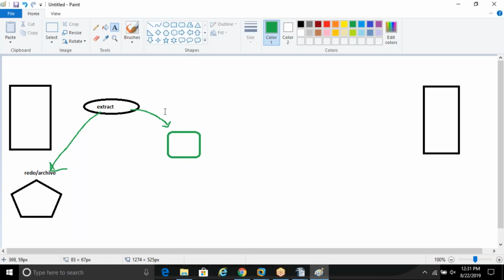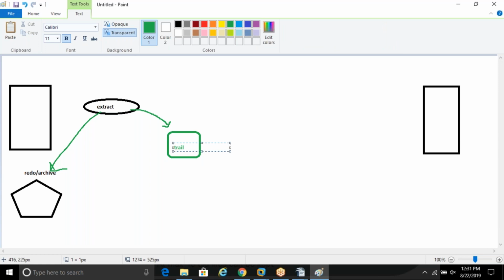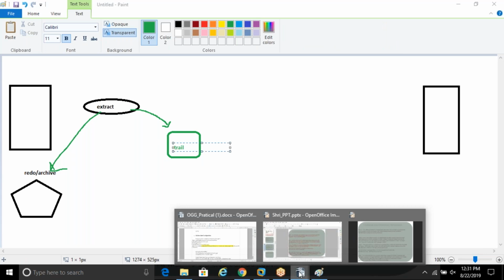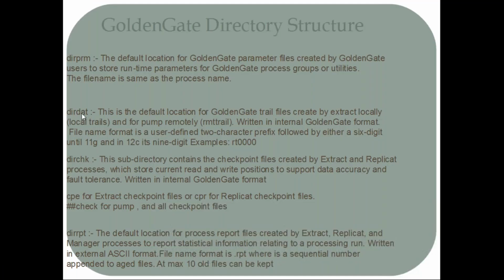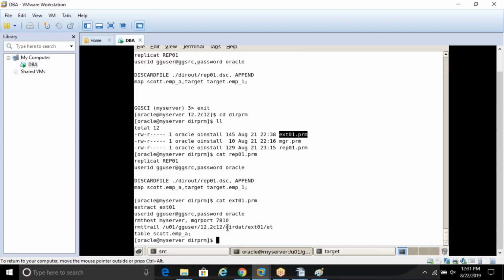So locally it will try to write. So what is the location of that trail file? Normally it is under the dirdat folder. Like yesterday, even if you see here, it is under dirdat. Then you can create your own folders according to your understanding, or from the GG home,